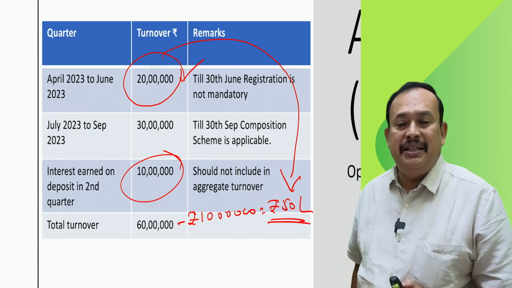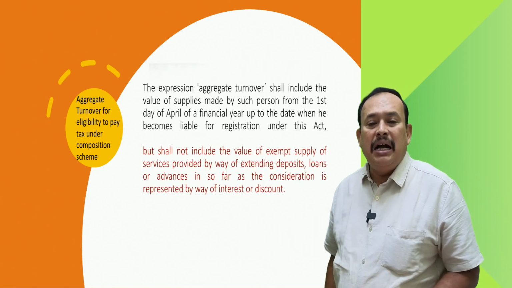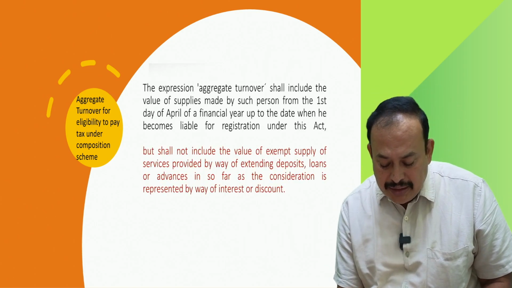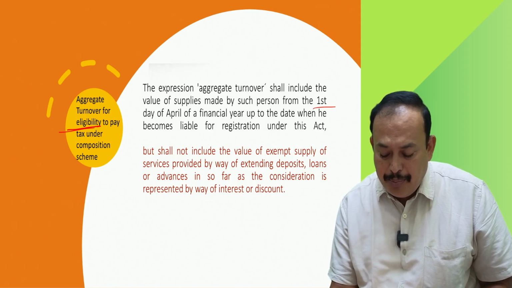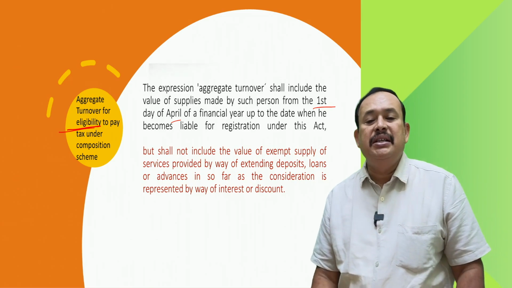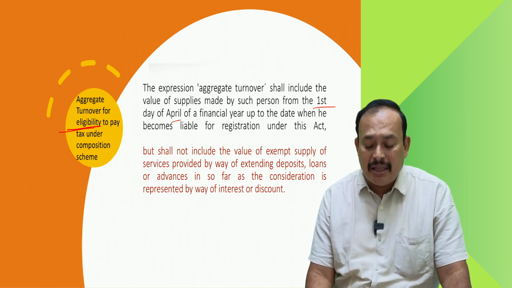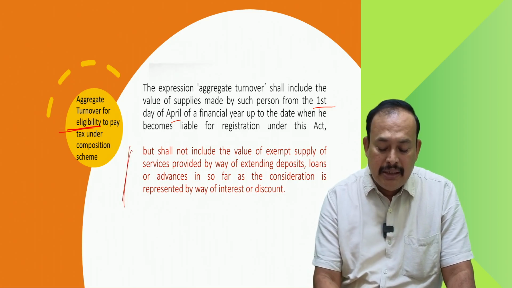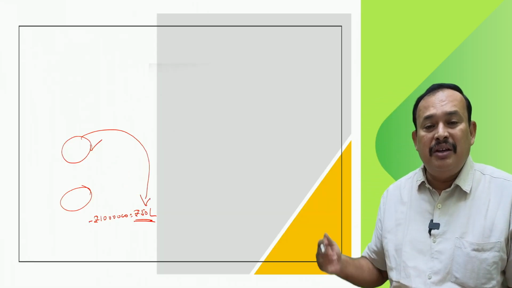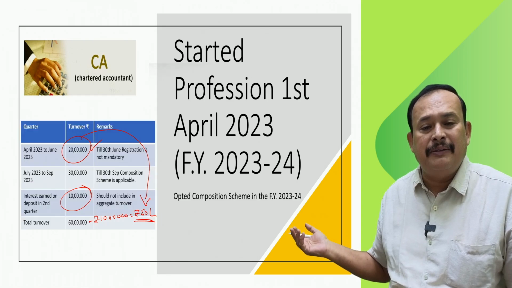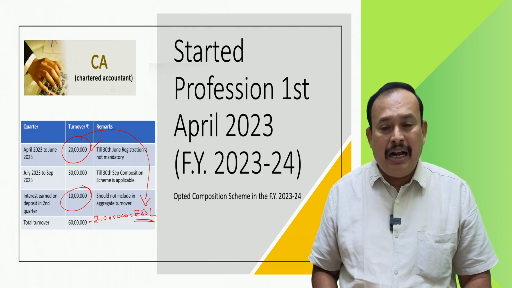This is what they said here. Refer here. Aggregate turnover for eligibility purposes should include from 1st April of a financial year up to the date when he becomes liable for registration under this Act, but excludes interest earned on deposits, loans, or advances. This is what I referred to here in a simplified manner. Further, coming to this point,